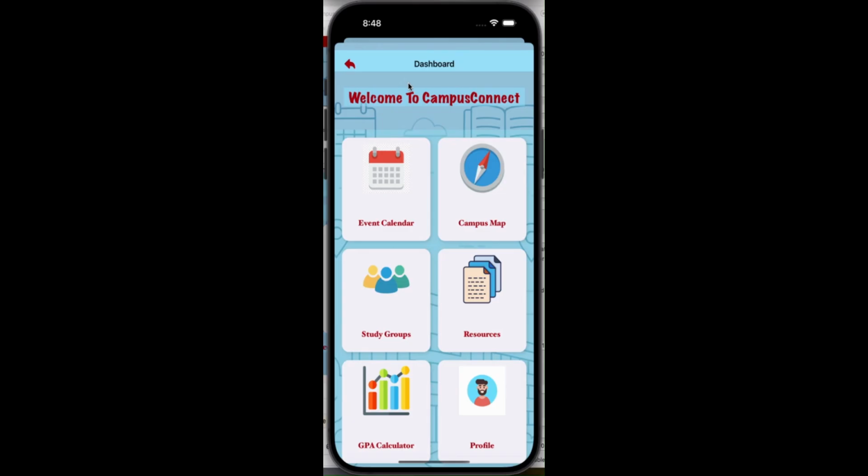The dashboard is the main navigation hub of the Campus Connect app. It features a clean grid-based UI design using UICollectionView with custom cells. Each card on the dashboard represents a module like event calendar, campus map, study groups, GPA calculator, and more. These cells are styled with rounded corners, icon-based images, and label text that dynamically links to the respective view controller